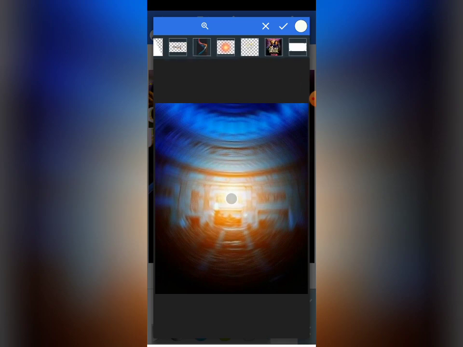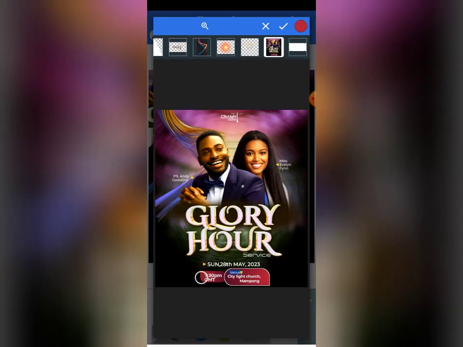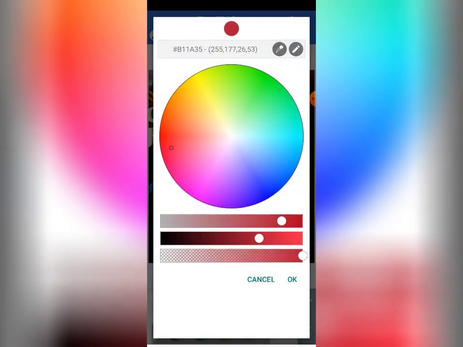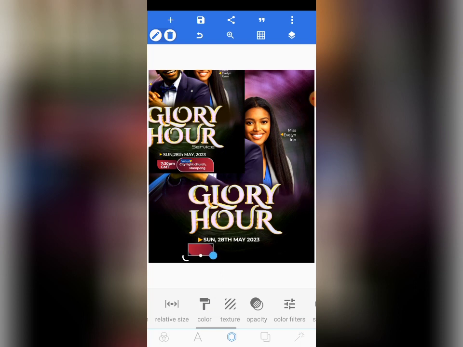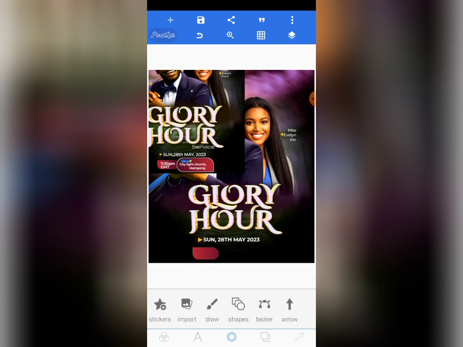Alright, so I'm picking the color from this design so that it will not stress me. Alright, so I have gotten the colors here. Right, so I'll position it here and I'll write